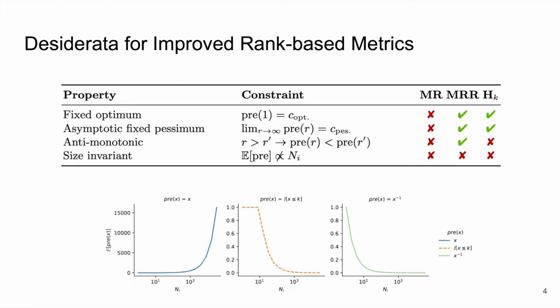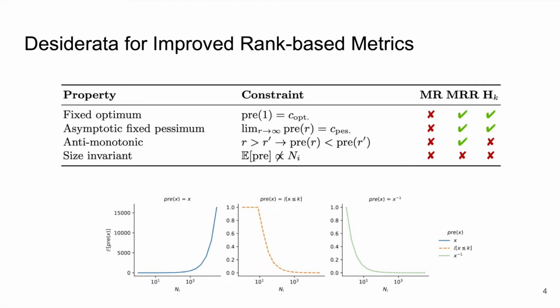Since all of our metrics are defined with the monotonically increasing mean aggregation, it's convenient to describe these in terms of the pre-aggregation function. First, we want the optimal value of the metric to happen with a rank of 1, which is the best possible rank. This happens in the mean reciprocal rank and hits at k, but not in the mean rank. Second, we want the worst value of the metric to happen as ranks get bigger and approach the maximum possible rank. And so here we're using infinity as an informal shorthand for that. Again, the mean reciprocal rank and hits at k satisfy this.